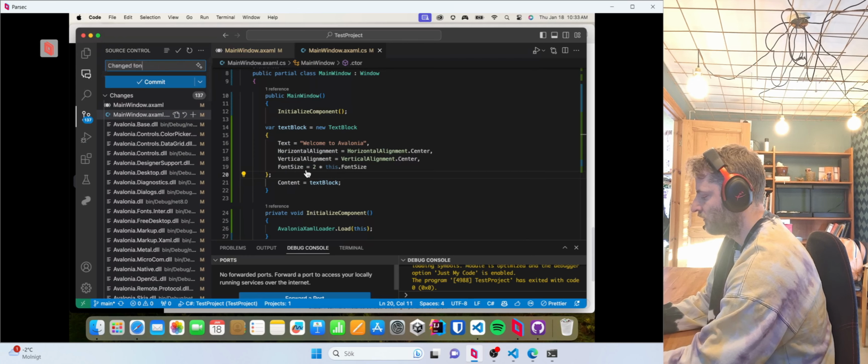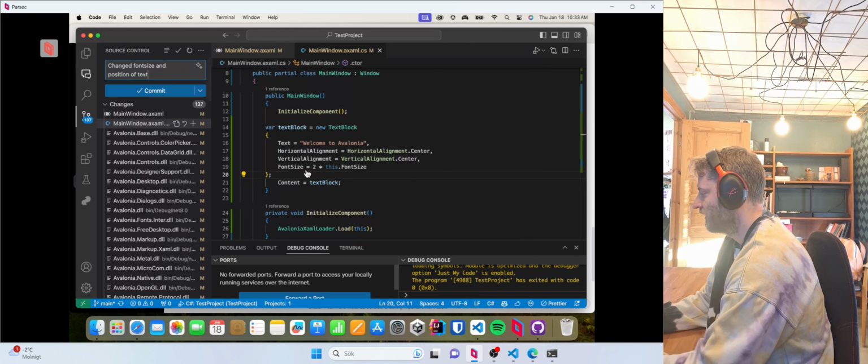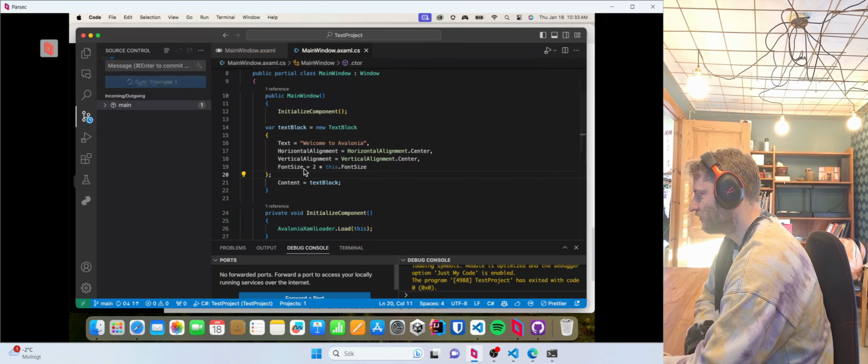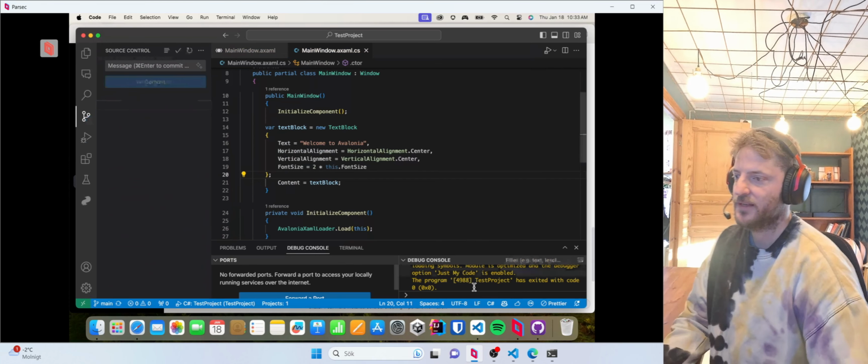Changed font size and position of text. I will commit this message right now. I will sync these changes. I will go to my PC,